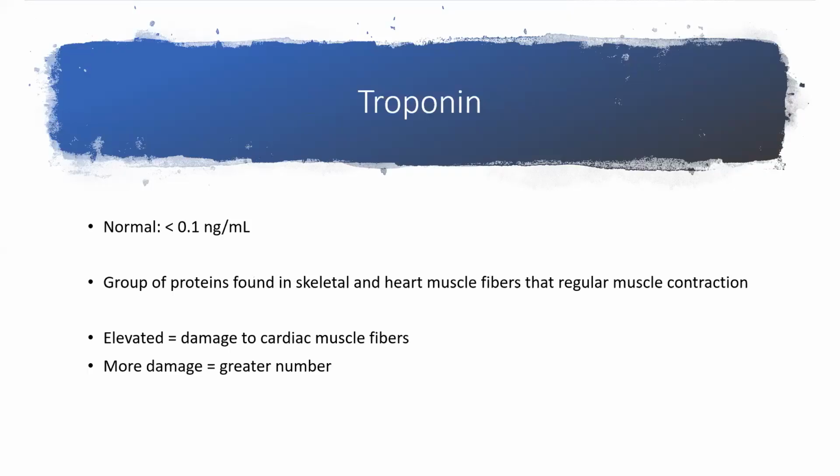Now, our next one and our last one that we're going to talk about today is troponin. Troponin has a normal of 0.1 or less than 0.1. Now, what is troponin? Troponin is a group of proteins that are found in skeletal and heart muscle fibers that regulate muscle contraction. So troponin can be found in other places, but it has become our gold standard for diagnosing a heart attack. And so when that troponin level is elevated, we're talking 0.2, 0.3, 0.4, and higher, again, depending